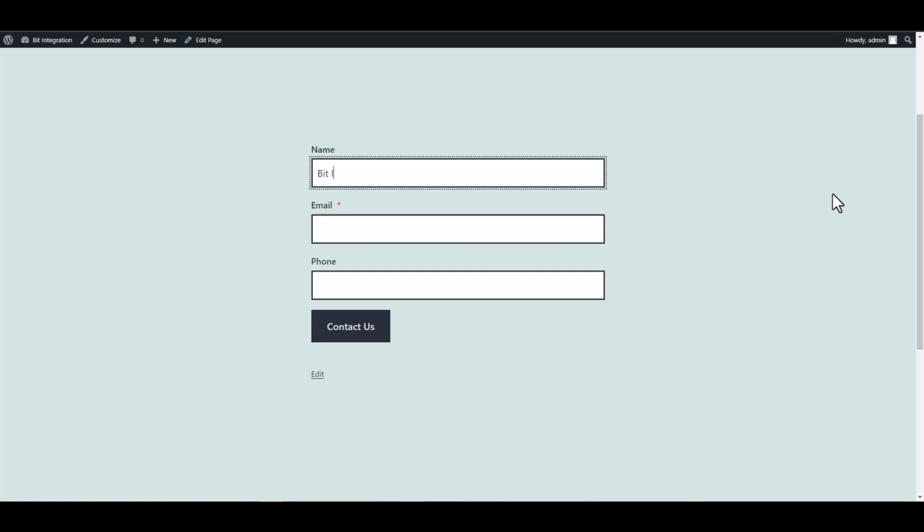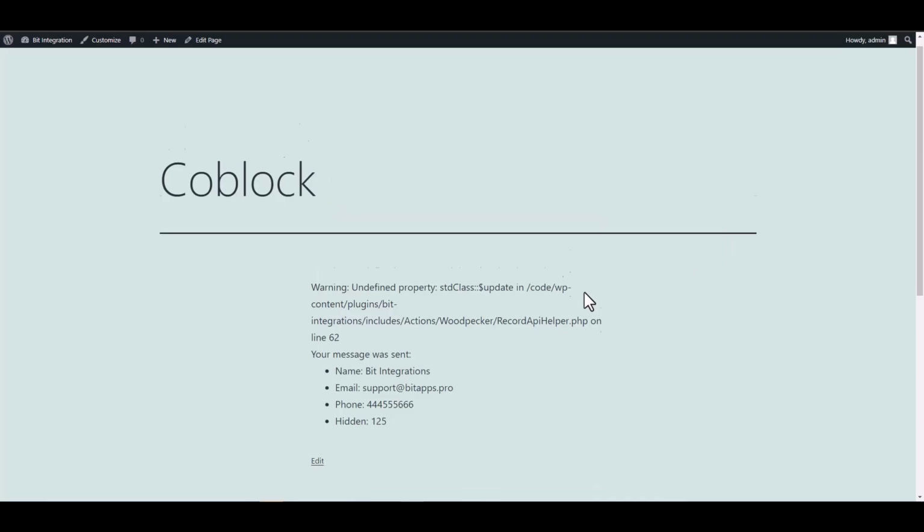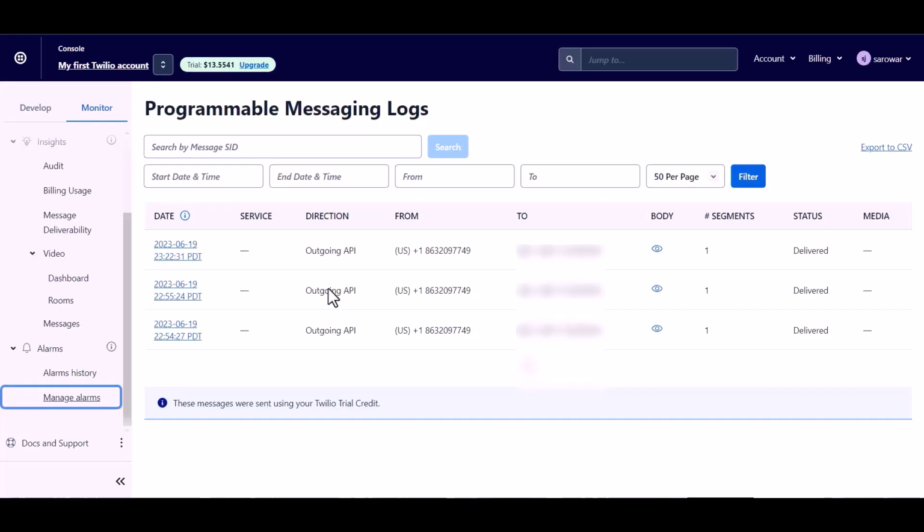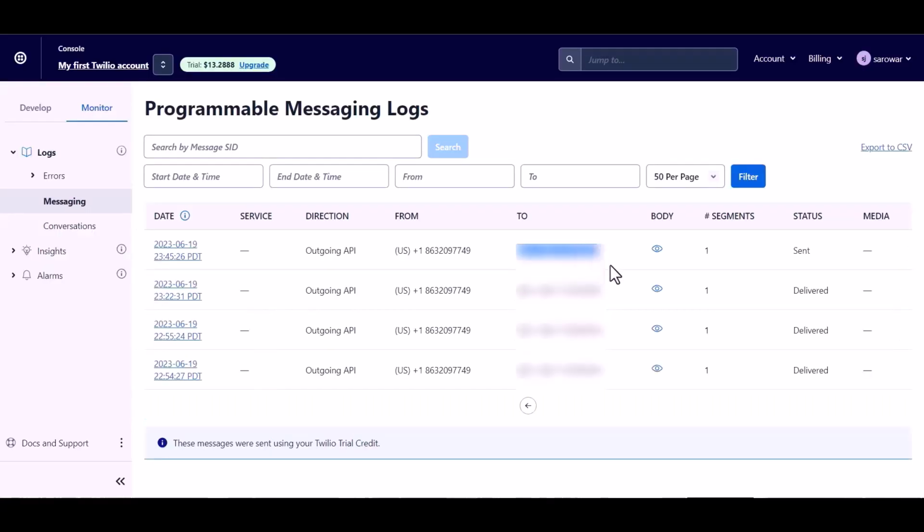Let's submit a form. Submit it. Now go to the Twilio site and refresh the page. And you can see the message was sent